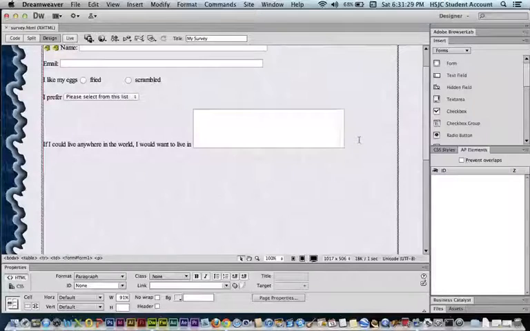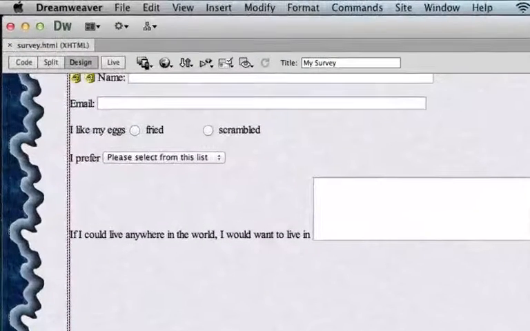If people were to fill this form out right now, they would put their name, their email. We have the radio buttons where they would identify fried or scrambled. I probably would go with fried. They would pick out their favorite drink. Mine would be the Dr. Pepper. And if you could live anywhere in the world you would want to live in, and everyone is going